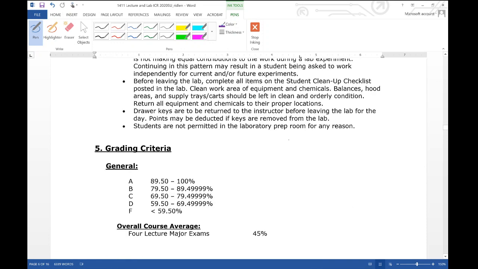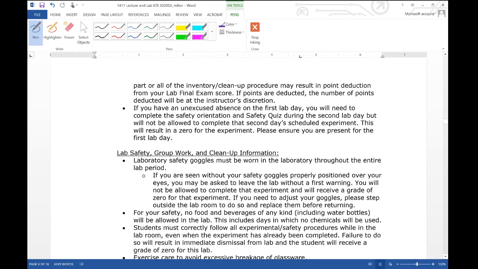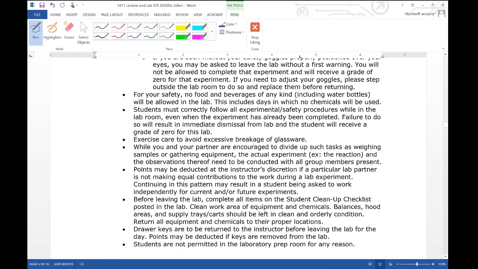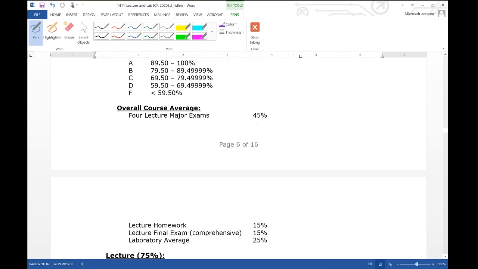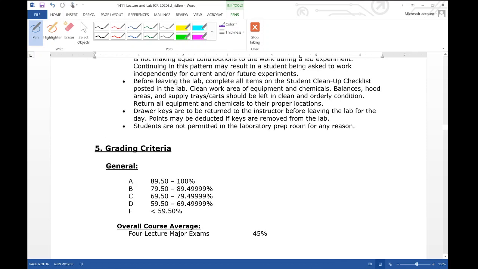And please do go over this. There's some stuff in here that you really need to know. The things that pertain to in-class meetings, obviously, don't apply, so you don't have to wear safety goggles, obviously, while you're watching the lab videos. That would be ridiculous, right? Okay. But do make sure you go over a lot of this because there's good information there.